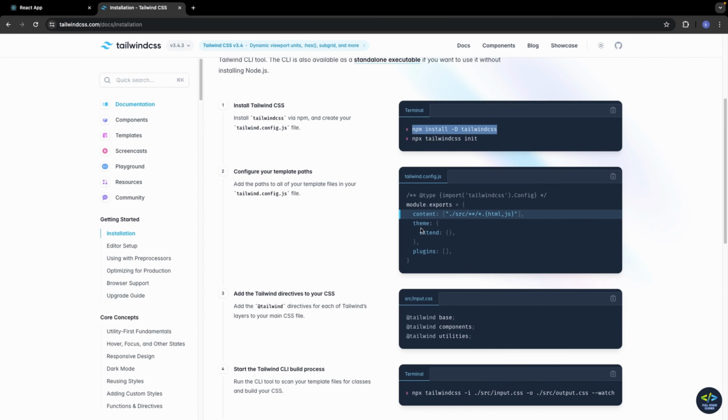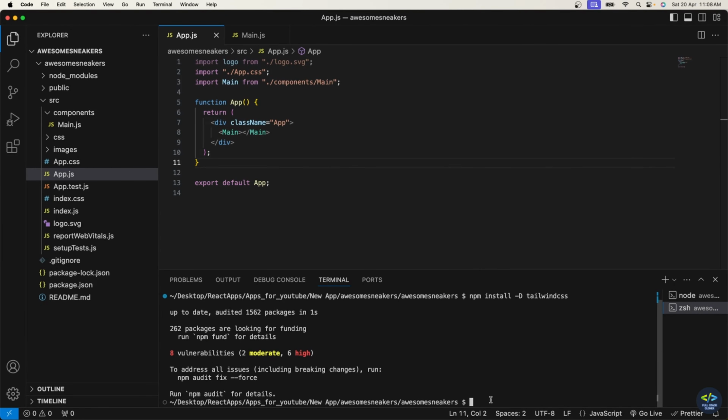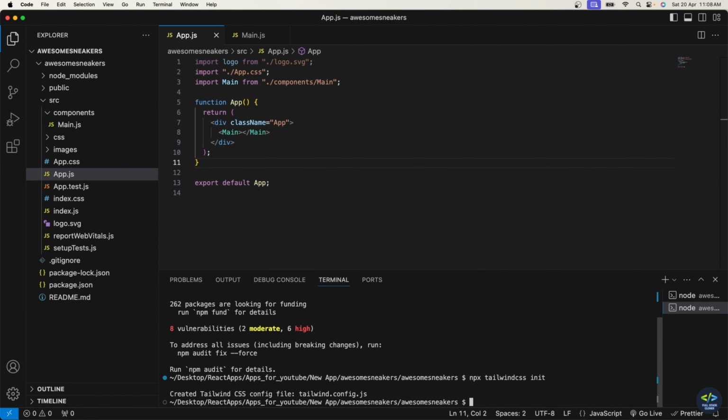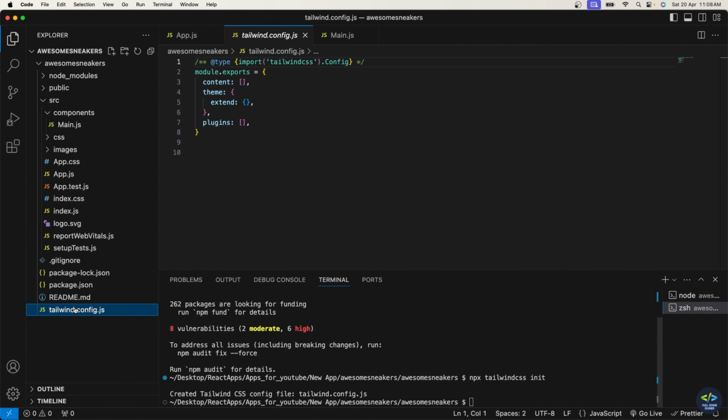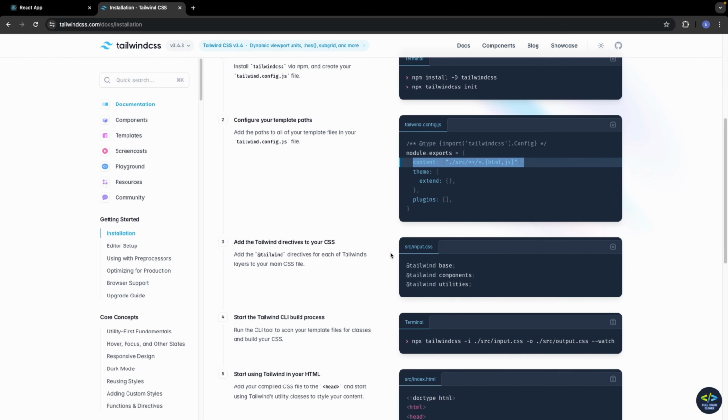Now I have to initialize the Tailwind CSS. So I'll copy this and I'll paste here, I'll press enter. So it is initialized. Now a file called tailwind.config.js will be created. Now I have to modify this file in order to make the Tailwind CSS work. So I'll copy this content here and I'll go to my tailwind.config.js and I'll replace the content, and I have to import these